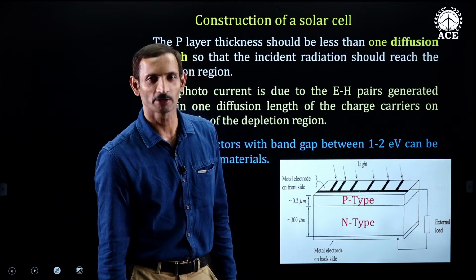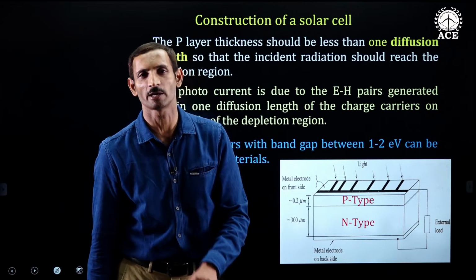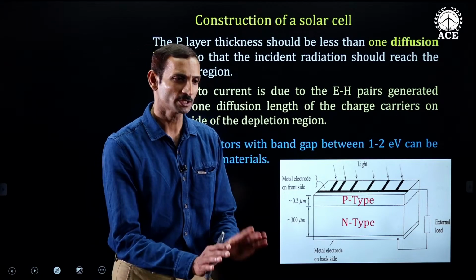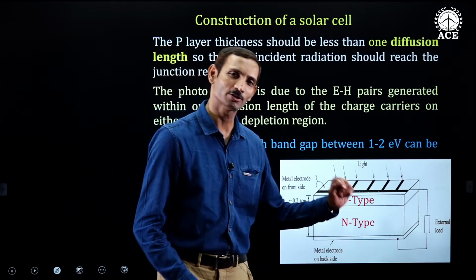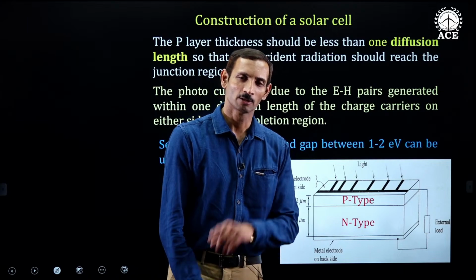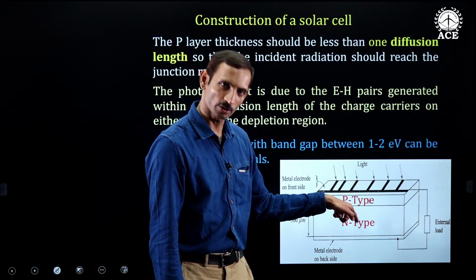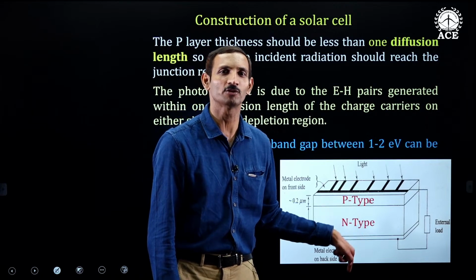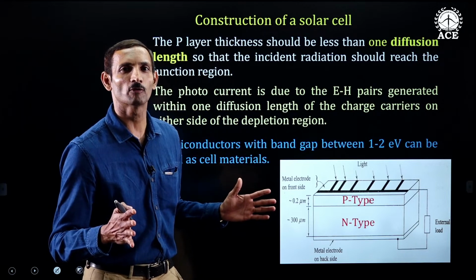They won't reach the junction. And within the P material, if they are absorbed, only holes are created. If holes are created, it's not going to be of any help for us. There have to be electrons created. That means the photons falling from the top should reach the junction, and also penetrate into the N region,